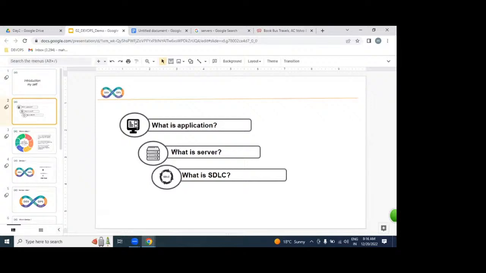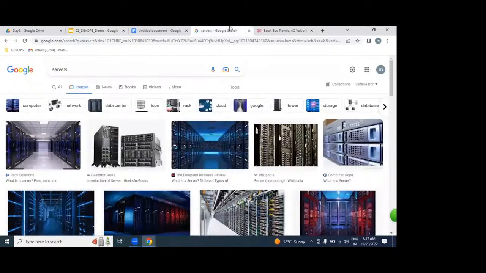What is the purpose of a server? How many ways can we get a server? We can get a server either in a physical environment, a virtual environment, or a cloud environment. But any server is for deploying our applications and maintaining our applications 24 hours for a long time without any shutdown. So this kind of service we are going to be handling.